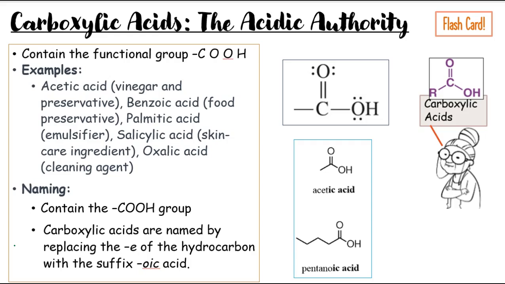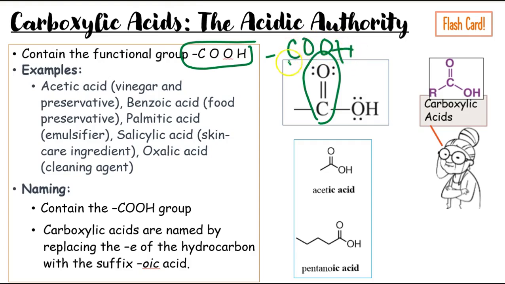Now, one of the main things that helps distinguish this group is that they contain the functional group COOH. So that means they have their carbonyl. That's where the double bond is coming from. Then they have oxygen bonded to a hydrogen. Okay. So that's how you have CO and then OH. There's carbon bonded to this oxygen and then also bonded to this oxygen as well. Okay, so anytime you see that, that's going to help you recognize, hey, there's a carboxylic acid functional group right